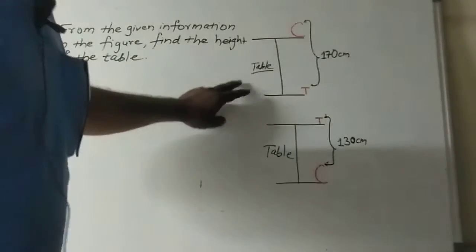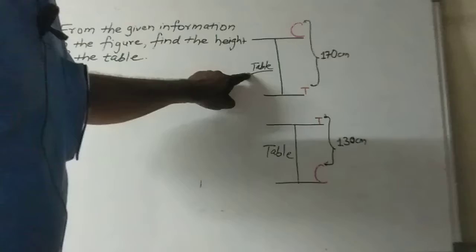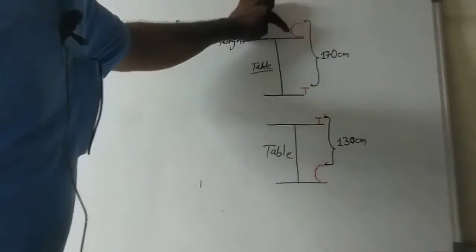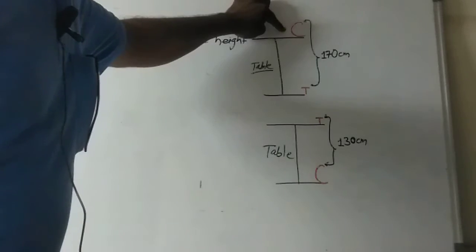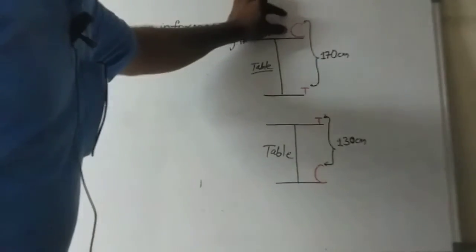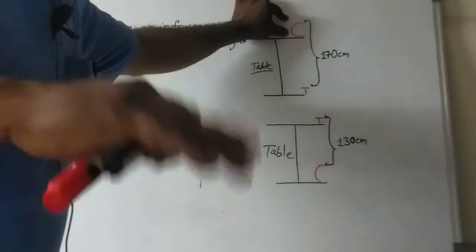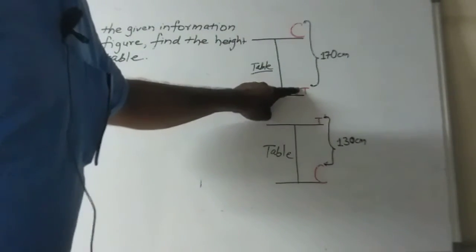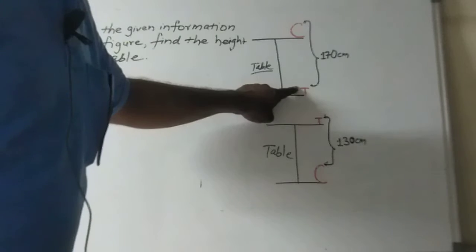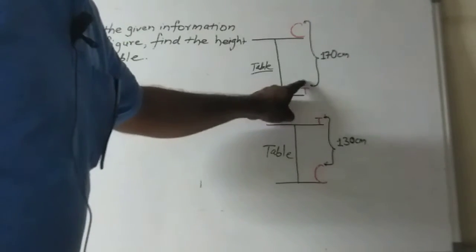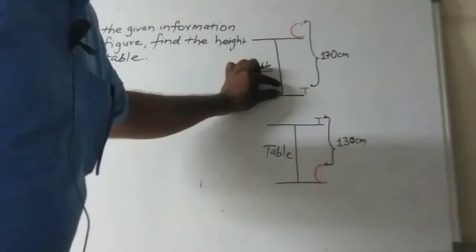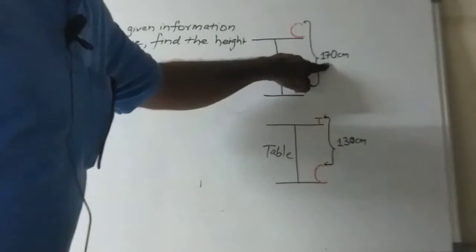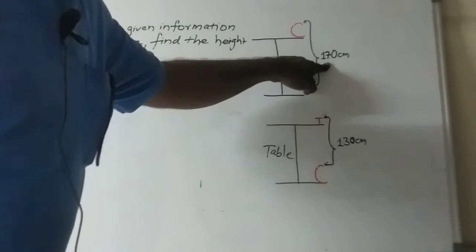So here 3 different elements are there. One is table, one is cat and one is tortoise. So cat is sitting above the table, so that is why height of the table plus height of the cat will give us a value which is greater than height of the table. But if you consider the tortoise which is at the bottom, now the height of this tortoise is equal to the height of this part of table. So in order to frame a condition for this problem,